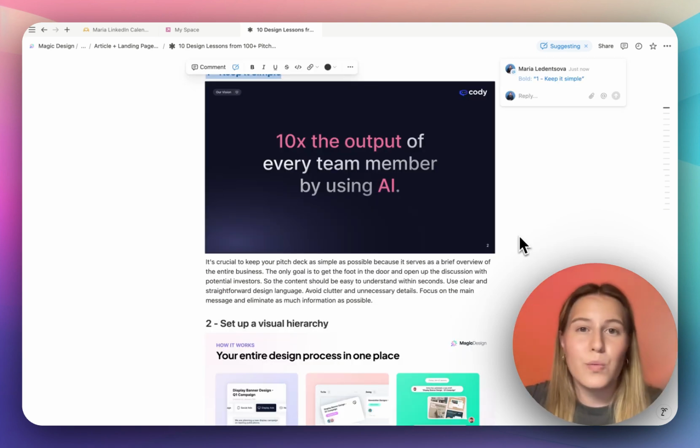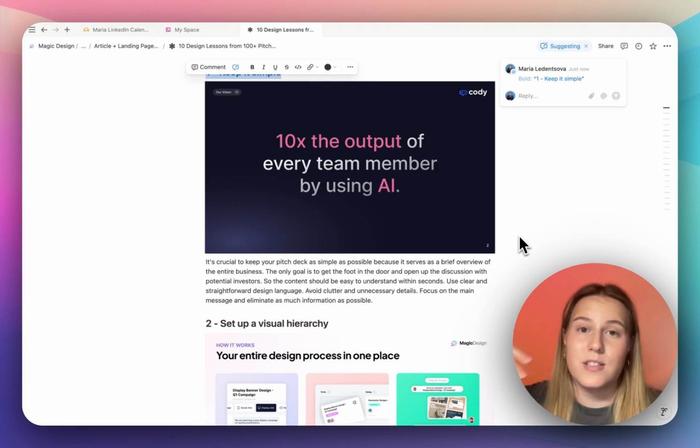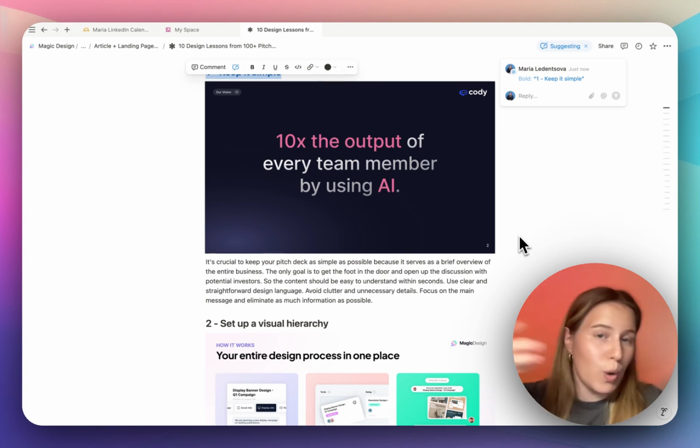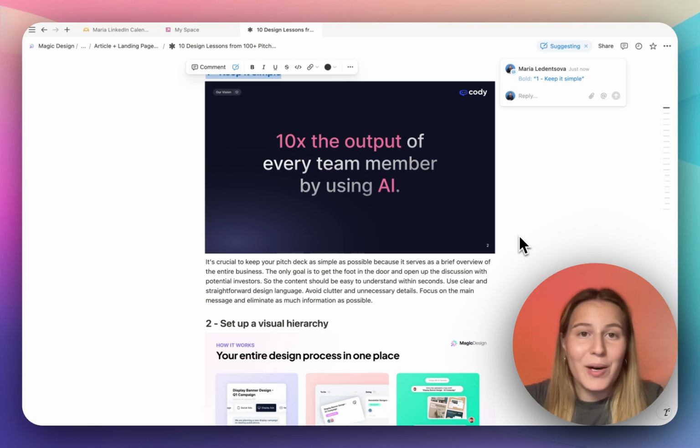It's also amazing if you're working with freelance editors and they can just add suggestions instead of rewriting your whole text, and you see at a glance where you want to accept the suggestion or where you want to reject it. Try it out. I hope you have tried it out, because I think this is amazing, like I said many times in this video,